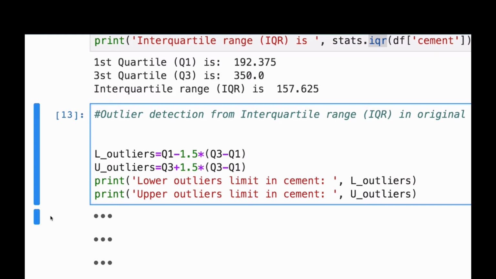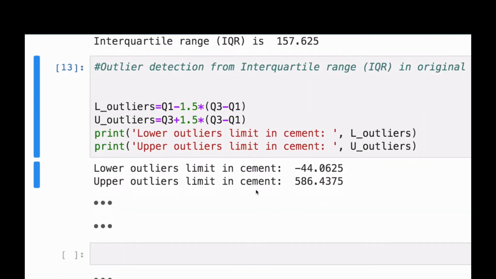All right, so now if we run this, we will see that the lower limit that we set for the cement is negative 44.0625, and then the upper limit that we set for this is 586.4375. So any value in cement that goes below negative 44.0625 will be considered an outlier,